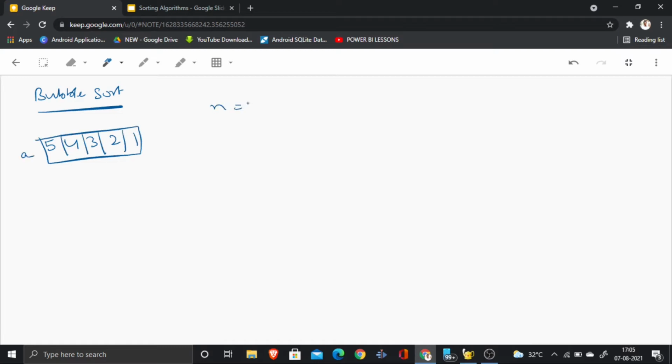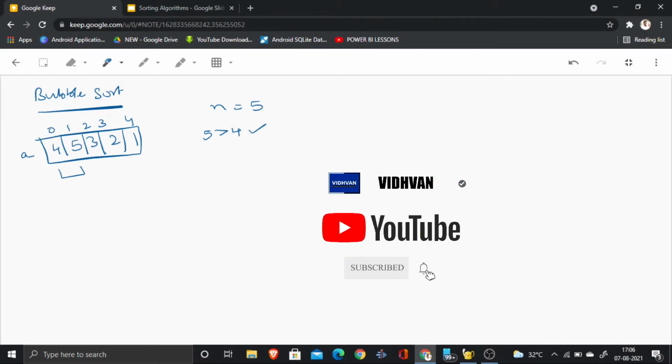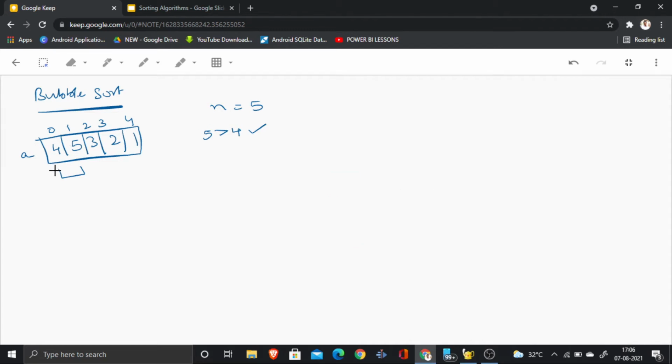Let's see how the bubble sort algorithm works. Suppose you are given an array of 5 elements. The size of the array is represented by n and the size is 5. In the bubble sort algorithm, we will compare the adjacent elements. So we will compare 5 with 4, and if 5 is greater than 4, which is true, we should swap the elements. So in the place of 5, we will have 4 and 5 will be moved to the place of 4. Again, we will be comparing 5 with 3. Again, 5 is greater than 3 and this condition is true. So we will swap these two elements as well.